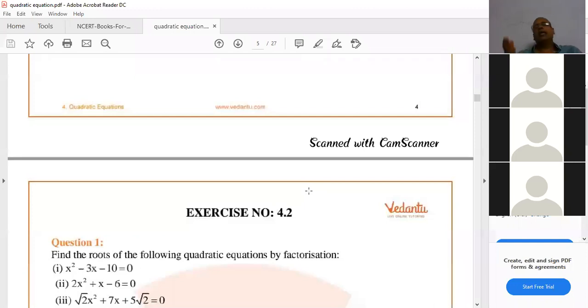Reading the textbook means, before the exercise, the introduction part is there. That only we are explaining. If you go through it, you can understand very well. That introduction part you have to go through at least one time. By seeing those introduction pages only, we are giving the introduction. The points we are discussing in this chapter are there in the textbook. We are not telling our own. What we learn is okay, but in the textbook, what is there?